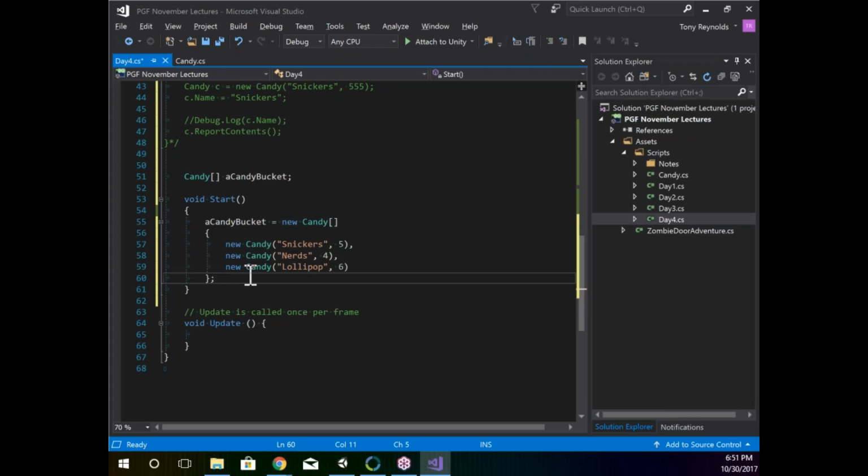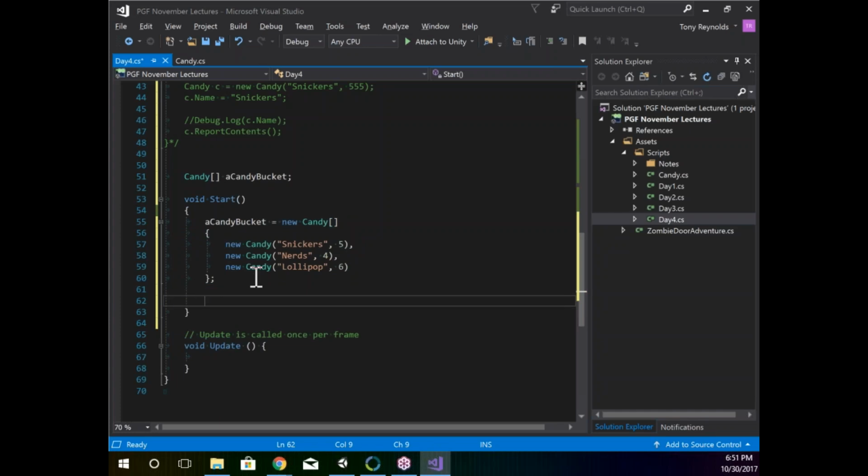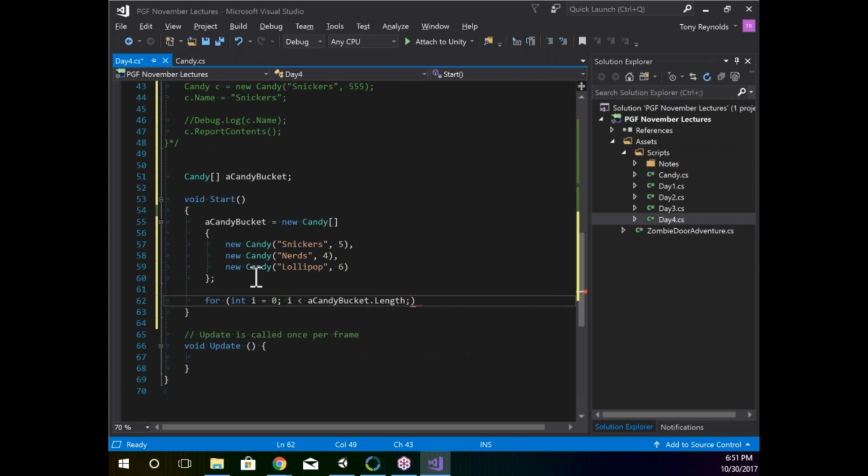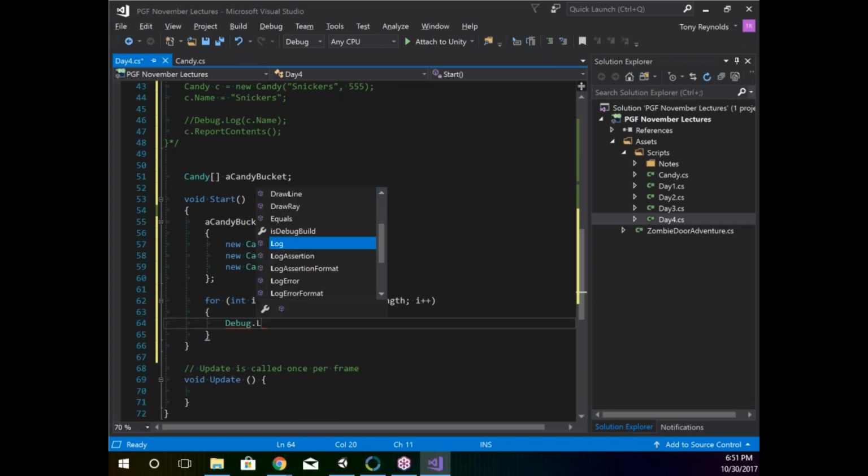So now I know for a fact that every one of these candy objects is capable of printing out its own internal information. So I could go through and do a couple of things. One, I can run a for loop across this and ask, using the properties, for all of their information, or I can just say for each one of the things that I'm accessing, tell it to report its contents. So if I do a for int i equals 0, i is less than aCandyBucket dot length, how many candies are we dealing with? Then i plus plus. And inside these curly brackets, I can either say Debug.Log,